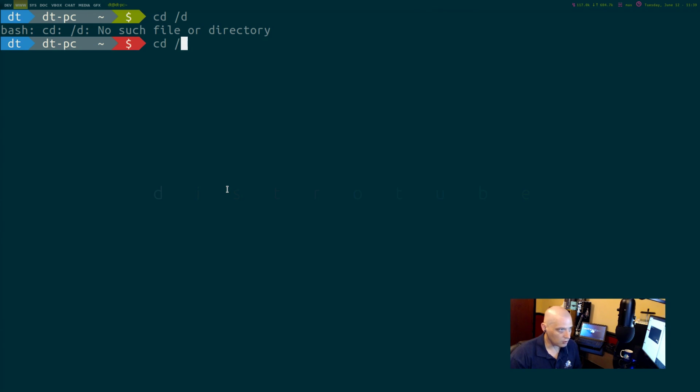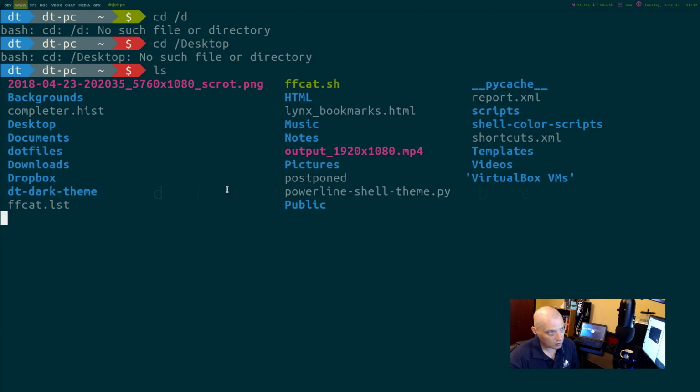The Tab key on your keyboard: start typing D, E, S, just hit Tab, and I bet it will auto-complete if it can. No, it doesn't. I must have some other stuff here. Yeah, well, let me see. How about cat? Let's see what. This is my main machine. This is not a VM, so I'm not sure if I want to open up some of my personal files here. Now, most of these are not important. That report.xml file there, it's actually not important.